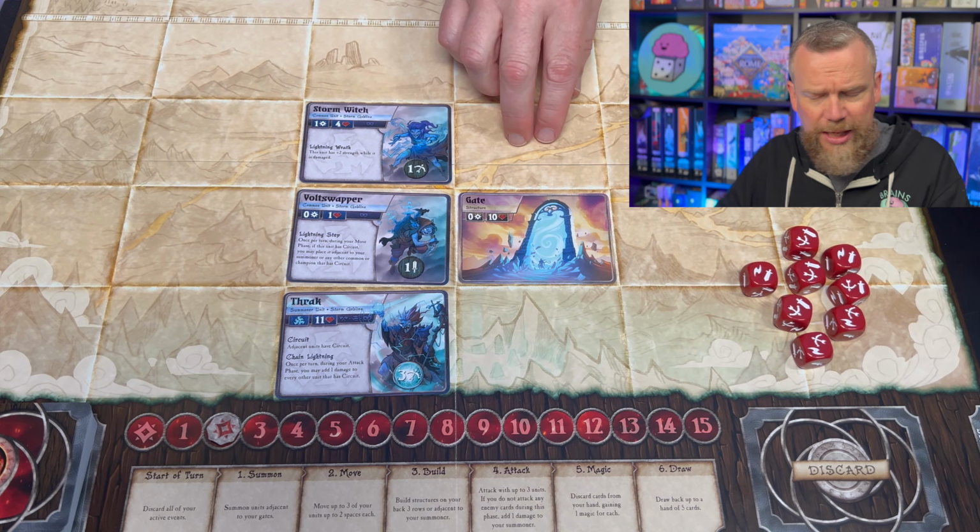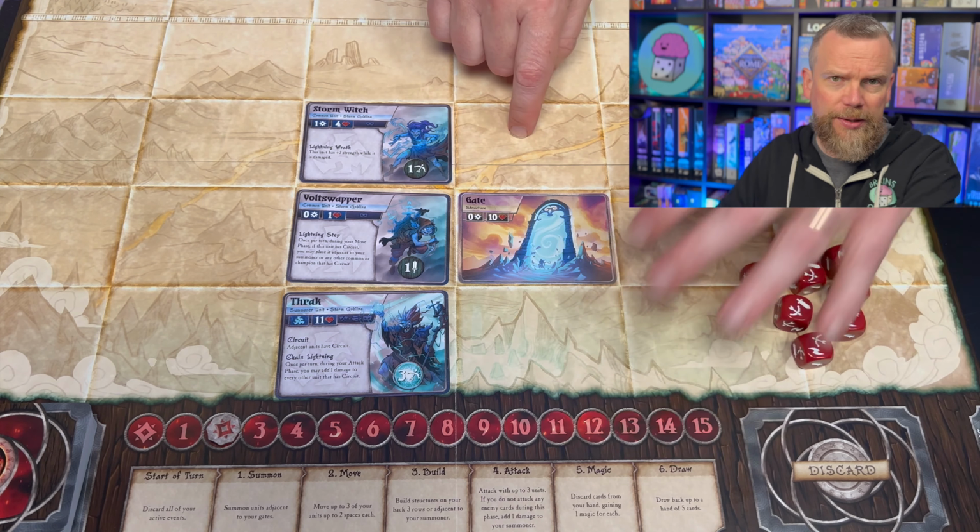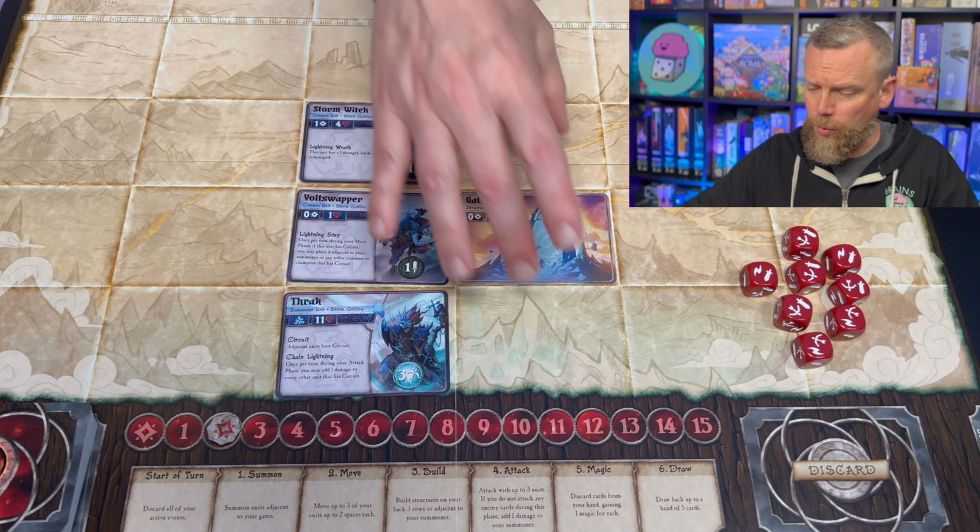But a lot of the other characters in this deck are super cheap. They're only going to cost 1 or 2. Some cards cost nothing to summon. I've got a summoning gate here, so I've got 3 spots at the beginning of my first turn where I can place